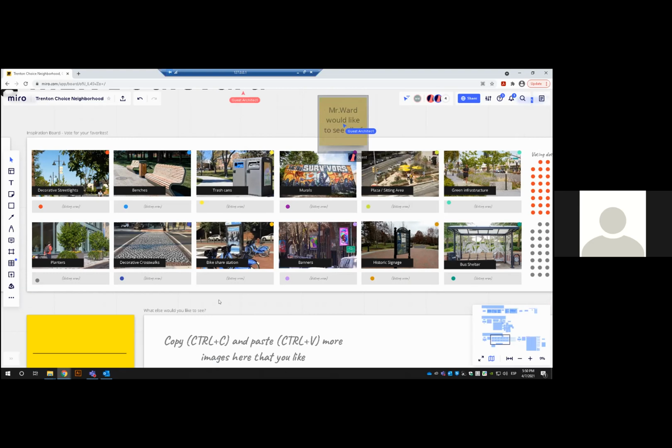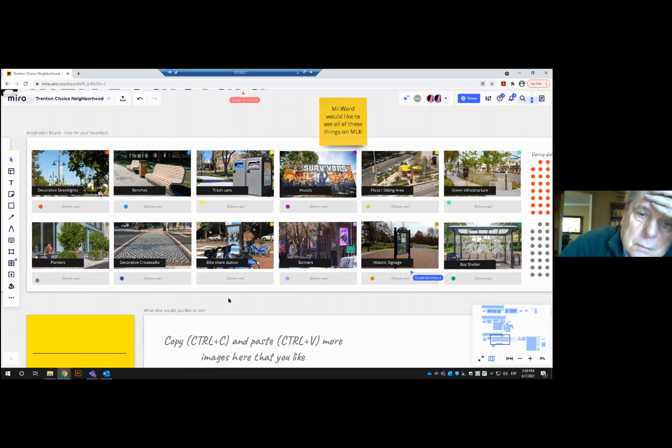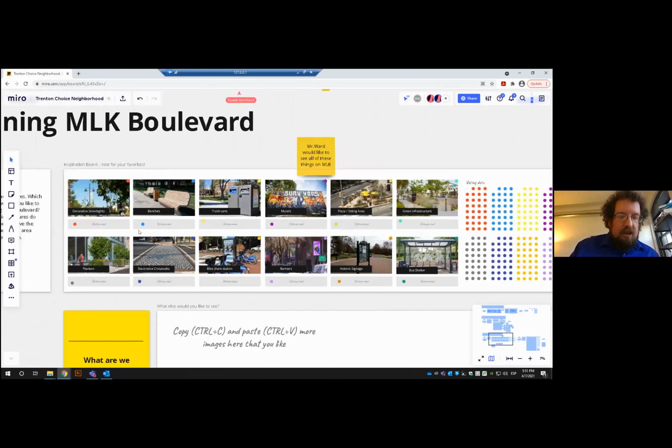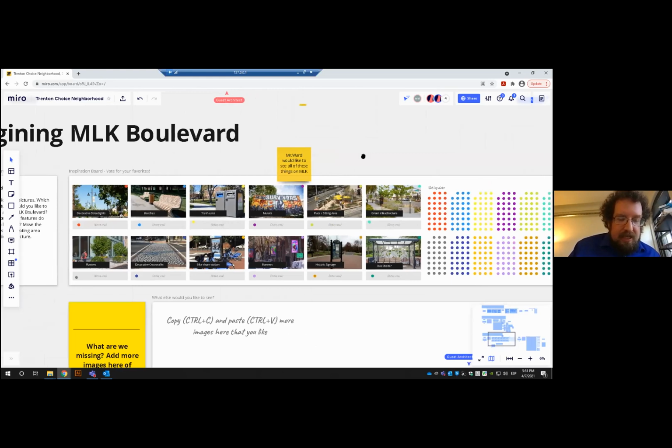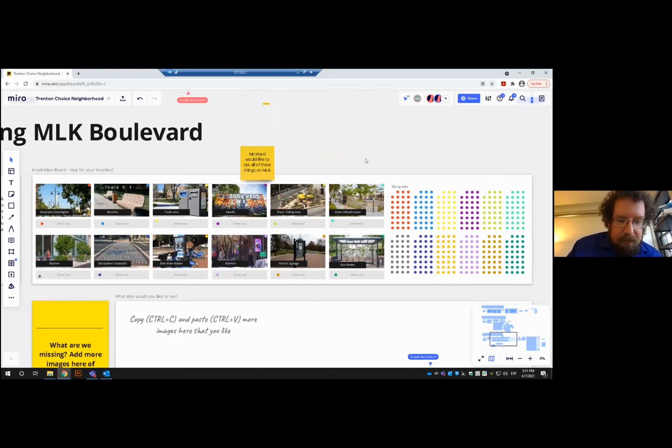And this is Marge. There's a perfect lot at the corner of the Boulevard and Kirkbride where you could have that sitting area, the public sitting area. Yeah, absolutely. So what we'd like to do with this exercise is actually look at where we'd like to place a few of these things. You can see for each of these things, the benches are blue, the bus shelters are green. There are different tags you see on the right side, little circles that you can move in the Miro board. So we'd like to place a few of these things where we think they belong on the Boulevard.